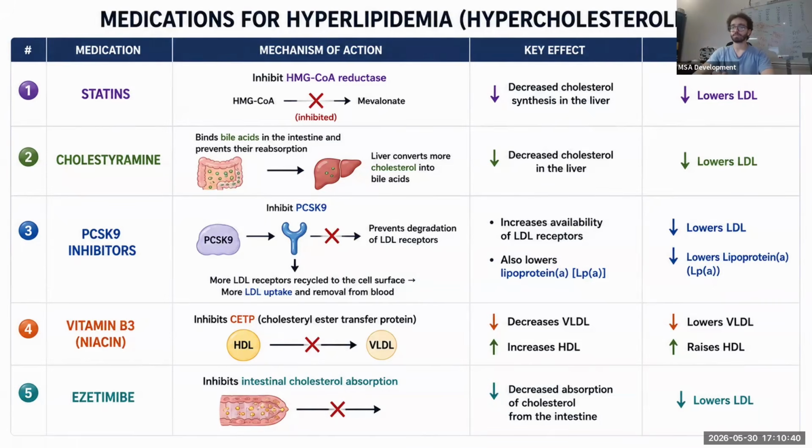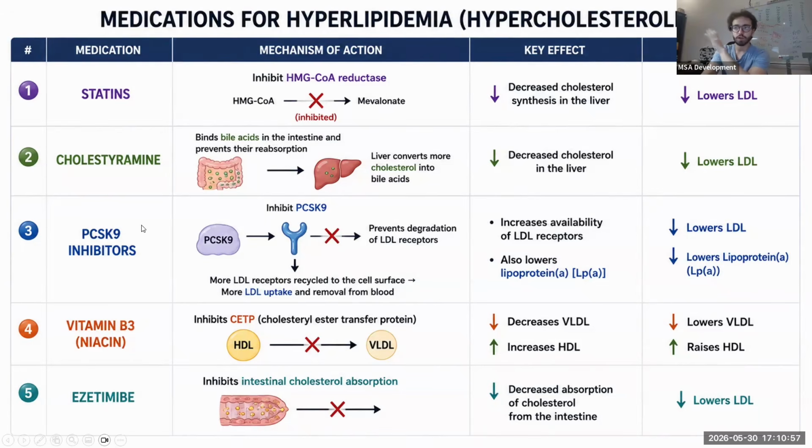What will this lead to? It will lead to the body saying, oh, we don't have bile acids. Oh, we need to make more bile acids. So what will happen? The liver will convert more cholesterol into bile acids. And this will lead to decreased cholesterol in the liver. Okay? Next,